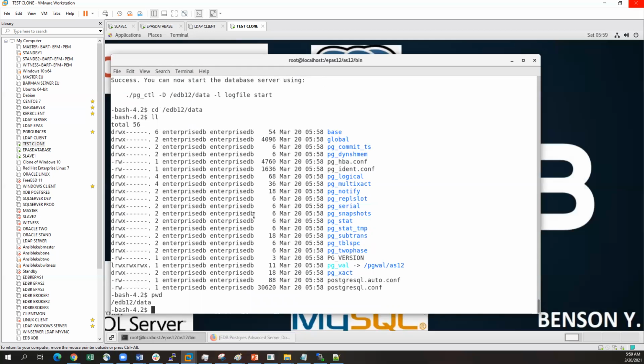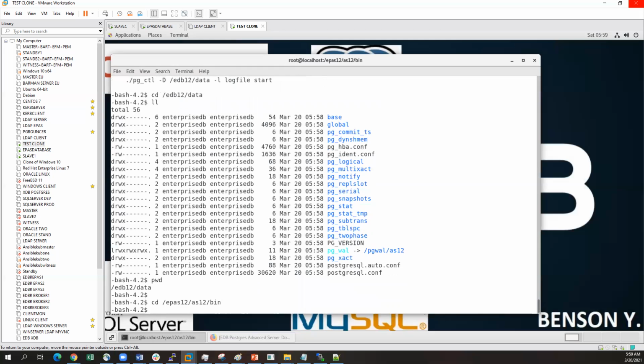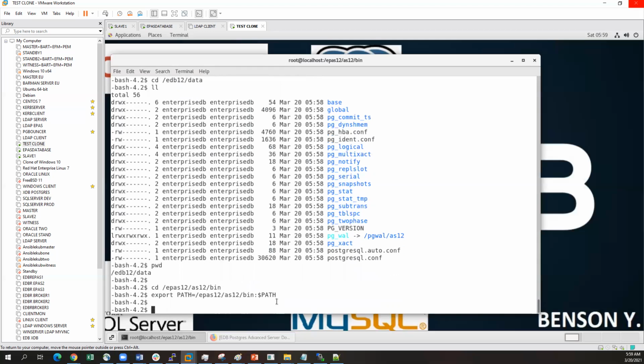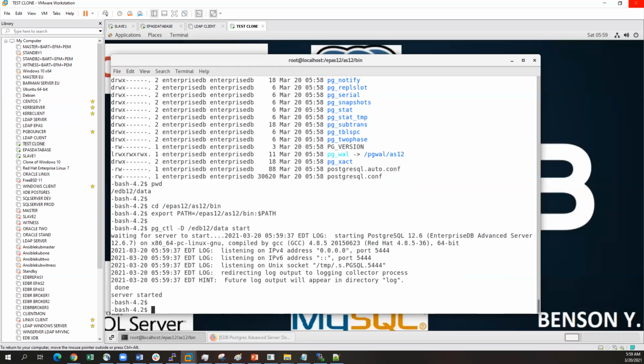The last thing we can do here is we can just go ahead and start up Postgres. Let's just go to the binary location. And let me just go ahead and export the path here, and we can go ahead and start pg_ctl -D, and we specify the data directory that we want to start, and we say start. So good. So we've started that, and we could see our server has been started, and we can connect